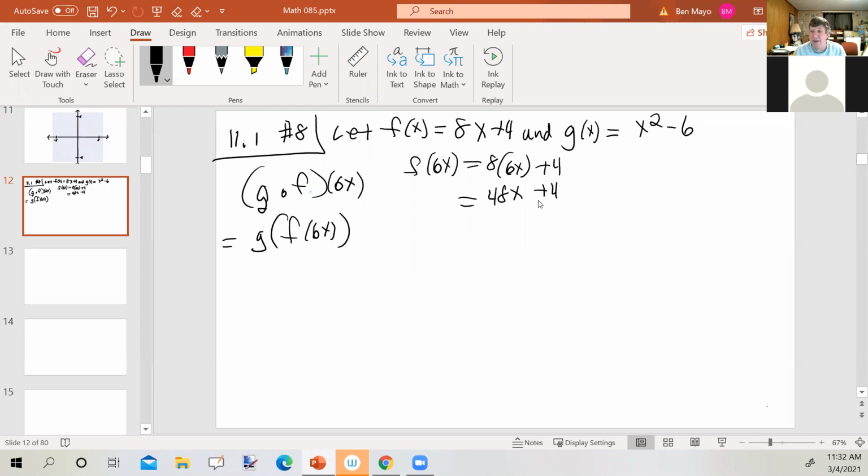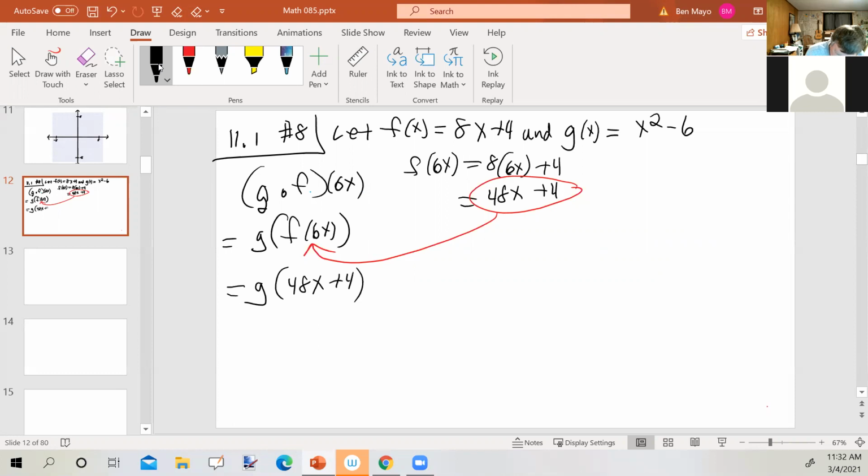So we put 6x in the place of x in the f of x function. We simplify it, we get 48x plus 4. So then this quantity replaces f of 6x. So far, so good? Yes. So now we've got g of